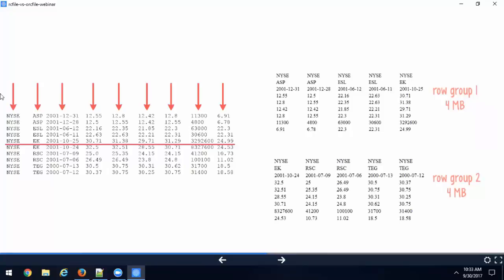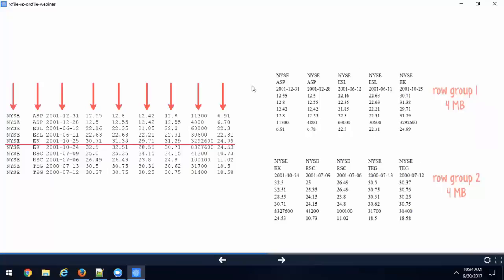So the data is divided horizontally into row groups. And then within each row group, the data is transformed from a row major format into a column major format, right? So that's what you see on the right. So first a horizontal partition, and then a vertical partition, that is changing the data from a row store to a column store.